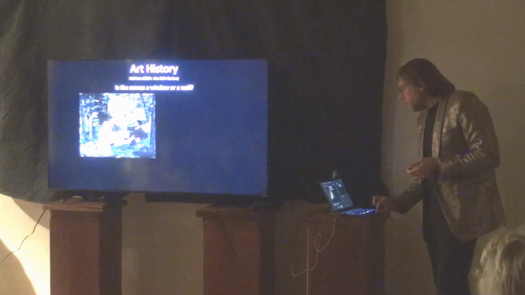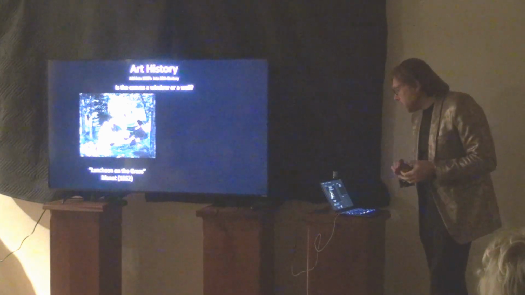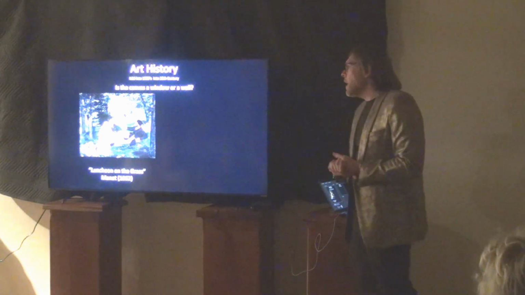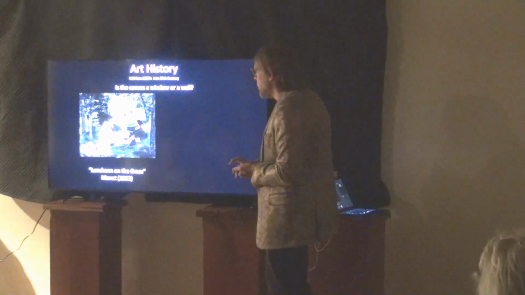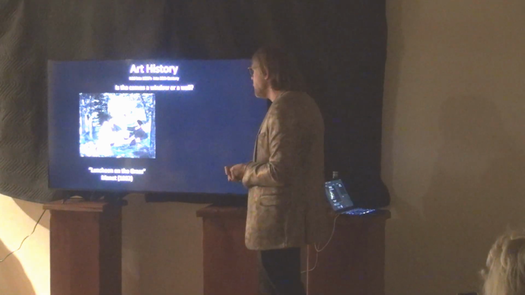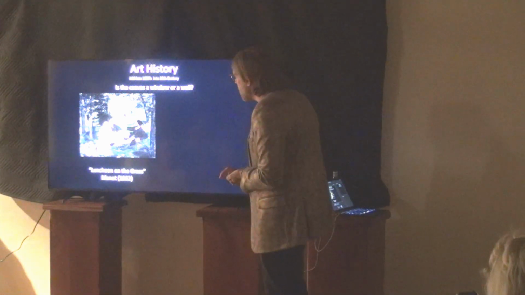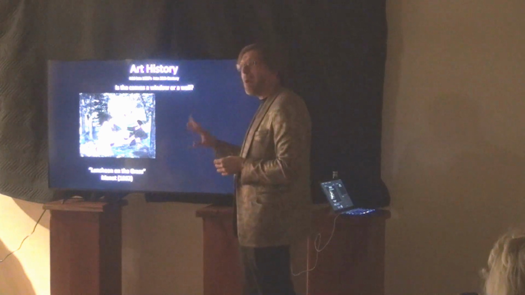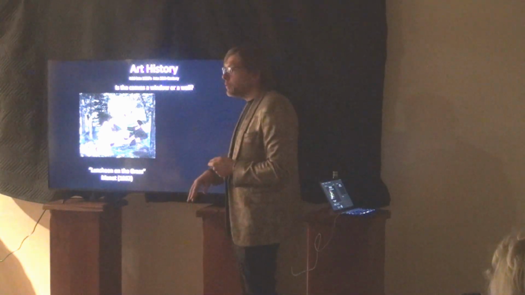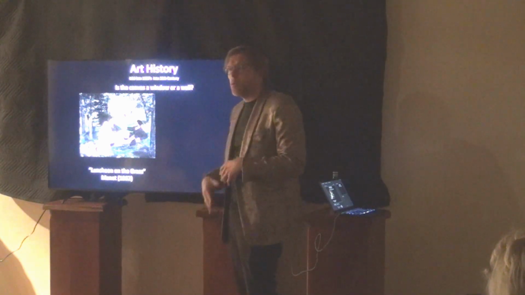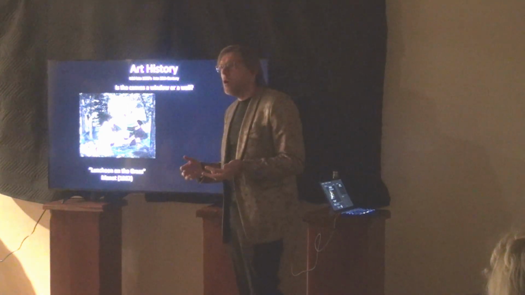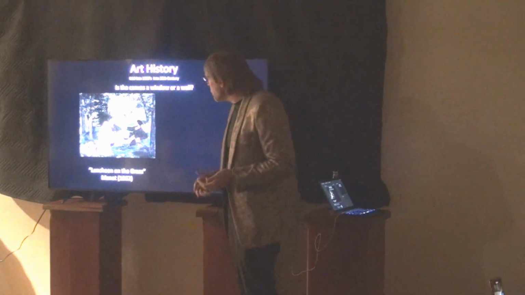So all of this really starts with Manet. This is his very famous Luncheon on the Grass, and this is one of those pieces that you could talk about for a week in an art history class. But what's really interesting about it, and you have to recognize that this painting was panned at the time that it came out, was that a lot of the things Manet was doing that were really visionary were misinterpreted as incompetence.